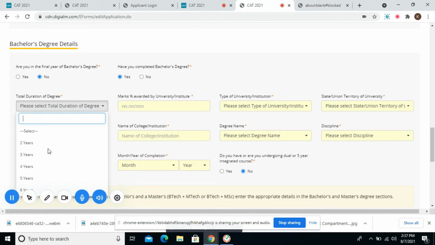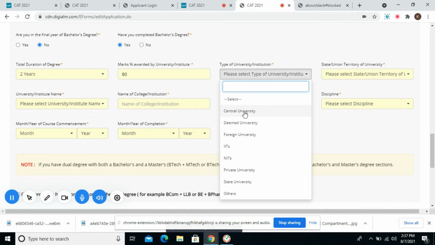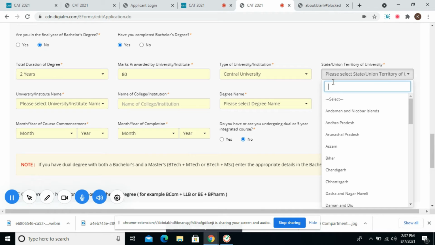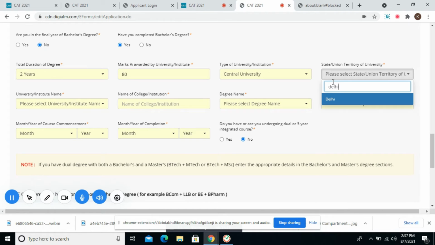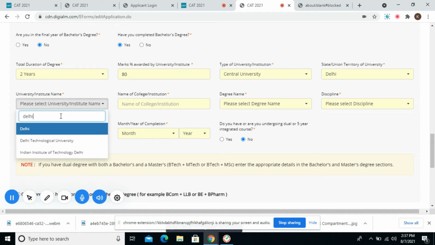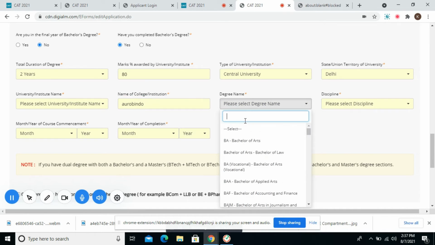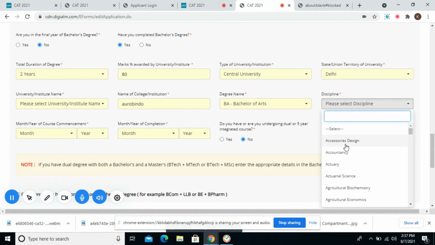So click on yes and enter total duration. Enter the university name, name of your college, degree name, the discipline in which you have done your degree.